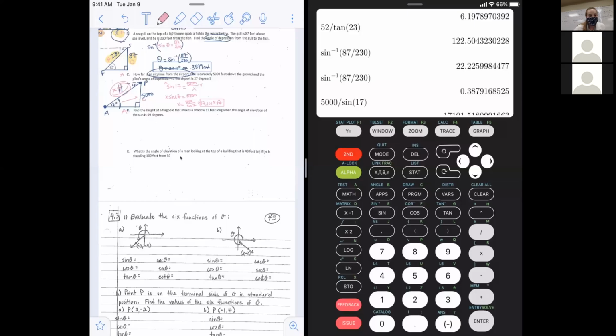Watch this later. So we're just coming back from lunch and we're continuing on with 4.2 and we're on letter